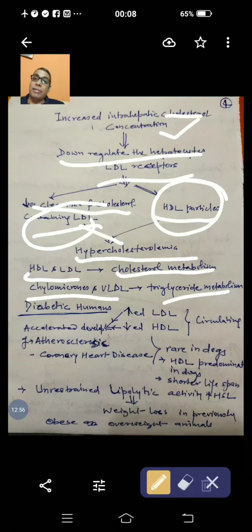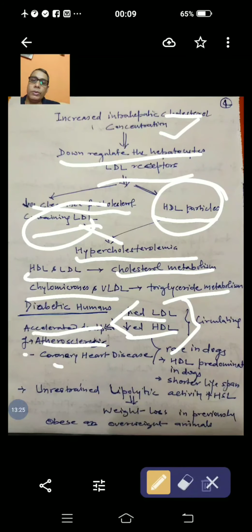If we talk about diabetic humans, you will find there will be a high level of LDL and a low level of HDL. Circulating level of LDL will be much higher than the HDL, and this high level of LDL and low level of HDL is associated with accelerated development of atherosclerosis and coronary heart disease